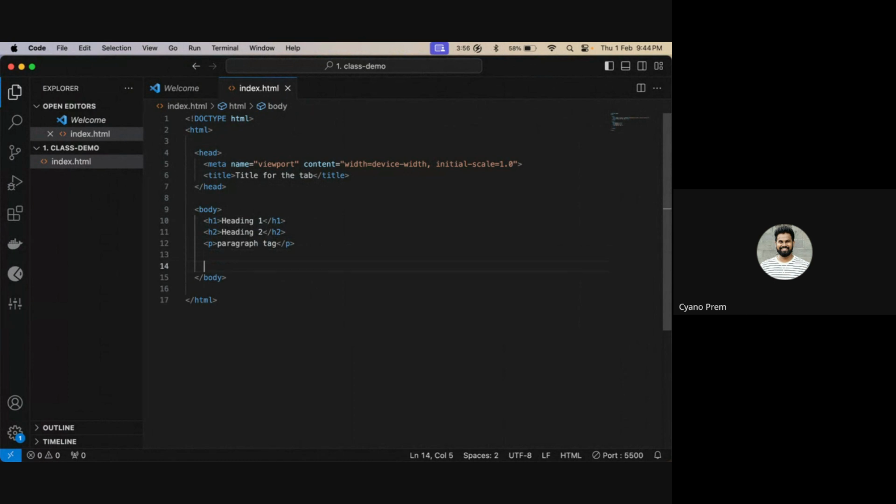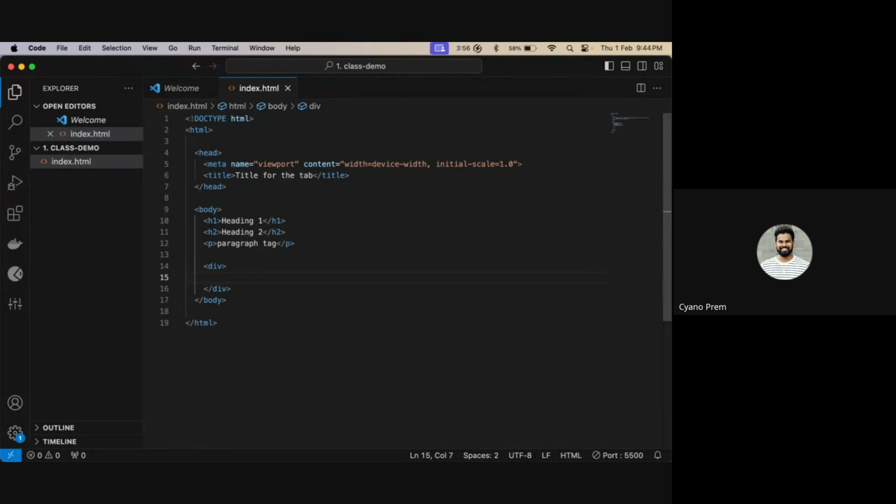Now within this, I have a div container. Div is basically you are wrapping elements inside another set of elements. As you keep doing it, we will know the use case of div. For now, you can just remember there is something called a div, which is a container that can contain other elements.